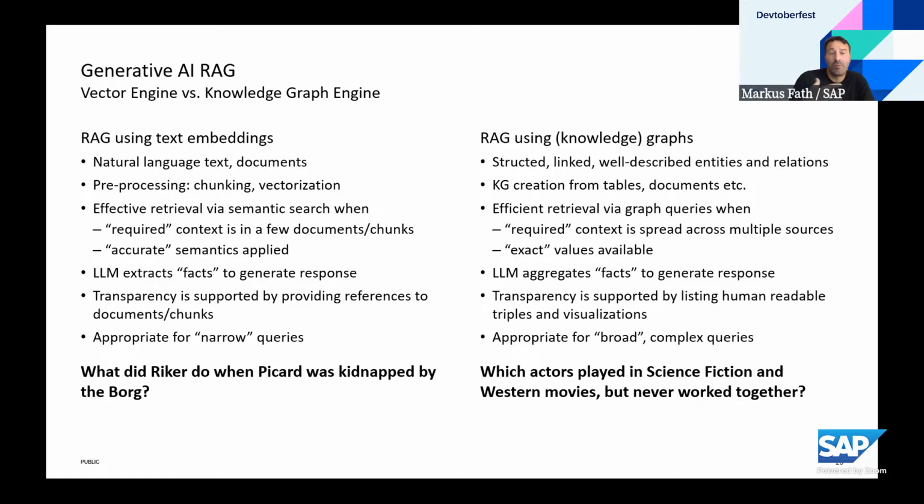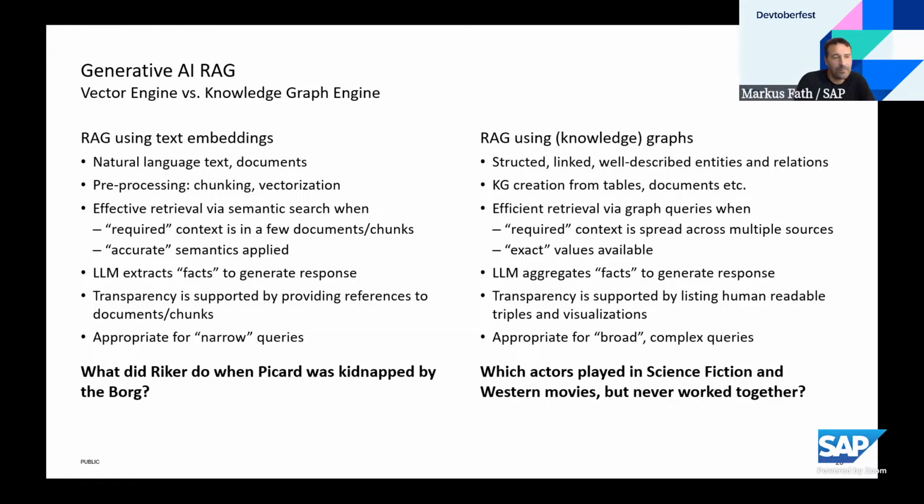You can create such a knowledge graph data structure from structured information like tables, but also from natural language documents where you have the task to identify named entities like persons and locations and events from these documents, and also the facts that connect these named entities that you find in the document